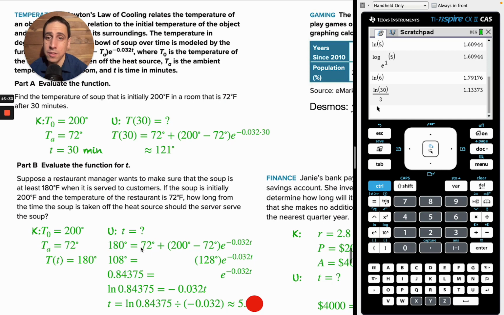So you have 180 is equal to, and you can find everything in here except what this little t is, little t time. 72 is ambient, 200 minus 72. It's the same as before. 200 from the heat source on the stove to 72. And then you've got this times e raised to the exponent. So now what we have to do is undo all these operations in order to eventually get at t. And so you can subtract 72 from both sides to get this, and doing the PEMDAS first was subtracting 128 degrees times e raised to this. And then dividing both sides by 128, you get